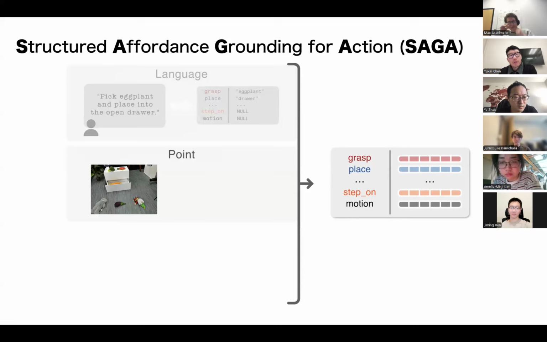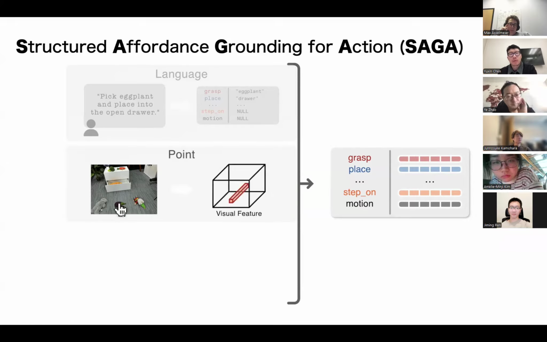Or we can do it in an interactive way. Given an image, we prompt the user for each affordance. We ask the user to click which pixel we want to choose for grasp. The user can pick a random pixel on this image, and then it will find the corresponding visual feature of this pixel, and find all the similar pixels sharing the same or close visual features. So if I click a single pixel on this eggplant, it will highlight the whole eggplant. It's a standard feature of DINOv2 nowadays.